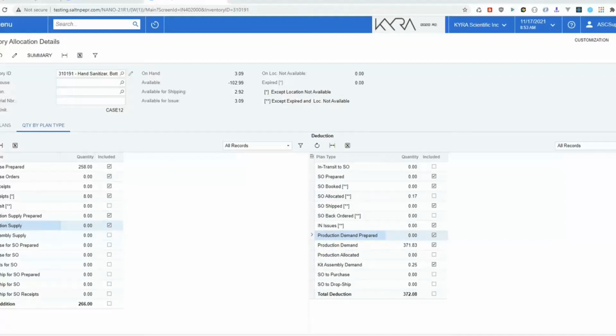But the idea is to give you a complete rundown of what's in stock or what needs to be in stock so that you can manufacture, whether or not, quote unquote, you can rob Peter to pay Paul, etc. And